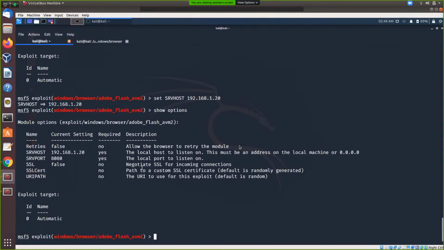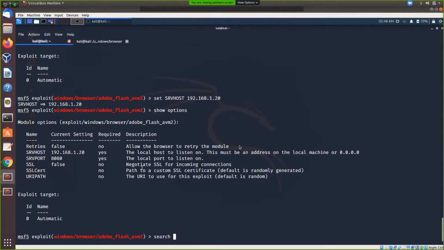The last command which I want to share with you is the search command. This command gives the ability to find the module that you need, and with this command you need to add a few keywords, like the platform which you want to work with, the target platform.